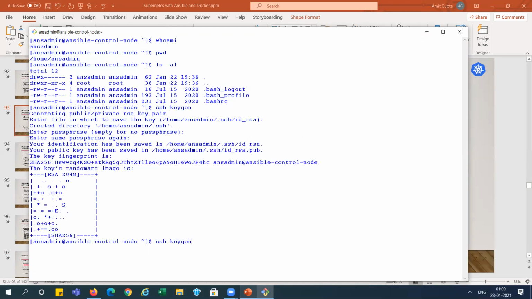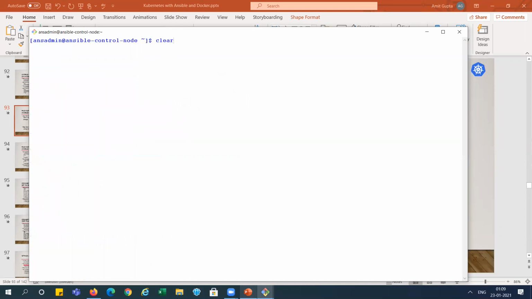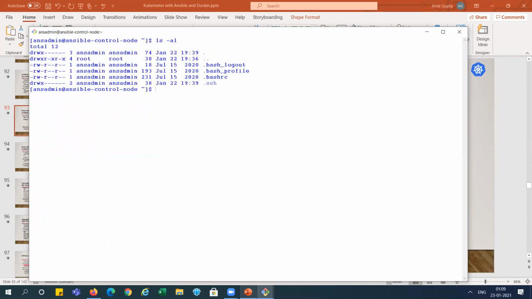It is generated here. You can see here the .ssh directory is generated. I am going into .ssh. You can see here two IDs are created over here, public and private keys, right? That is done.